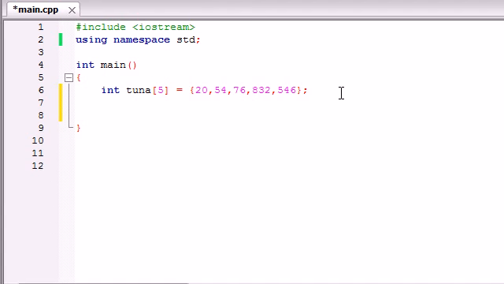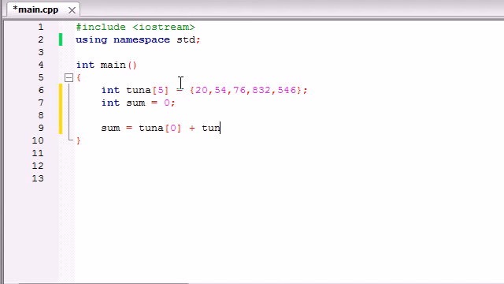So now what we want to do is, say our boss or our teacher came to us and said, build a program that calculates the sum of all of these elements. So the first thing we need is a variable to hold that sum, and by default, since it doesn't have any elements at first, we're going to set it equal to 0. So what we could do is this: sum equals, I tried to type Bucky again, tuna 0